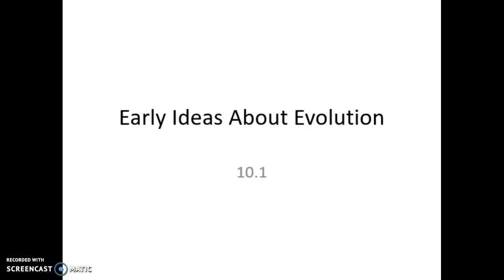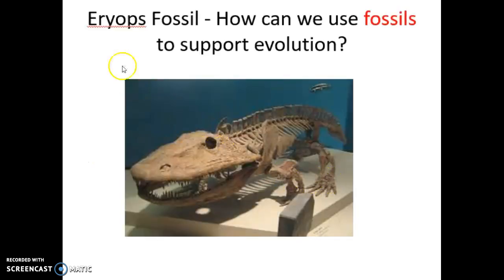So we're going to look at early ideas about evolution. We're going to look at many different contributing people that helped us start to understand how life can change over a period of time, which is the definition of evolution. We're going to start by looking at this fossil right here, which is known as Eryops. As we see when we look at Eryops, we see that it resembles some things that are alive on our planet today, namely